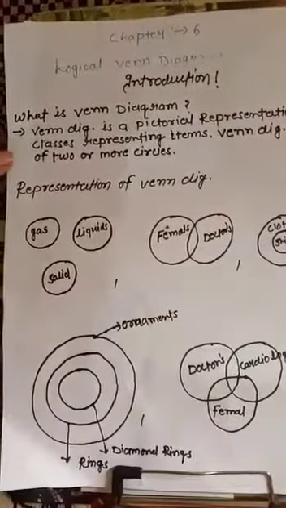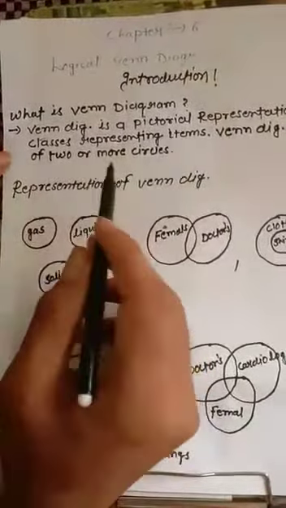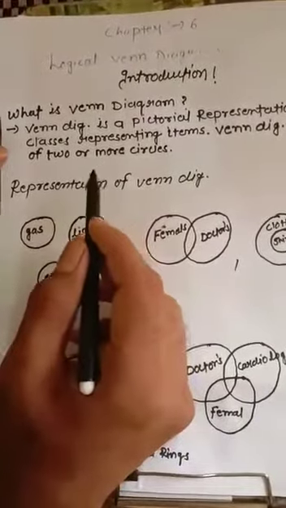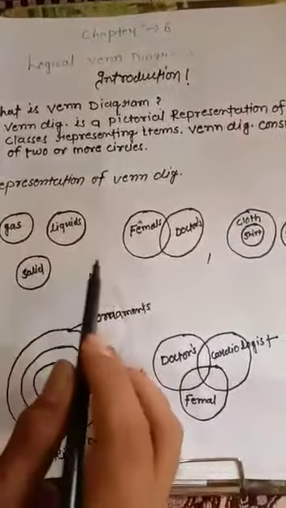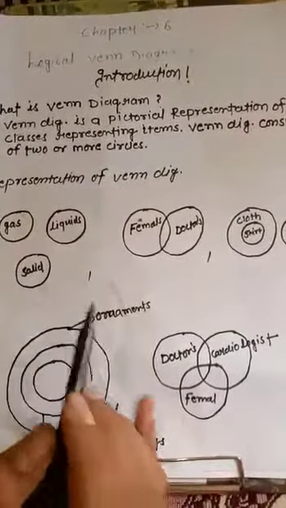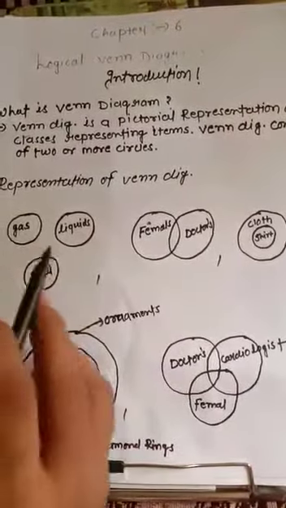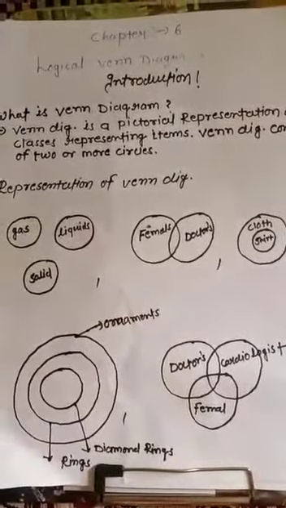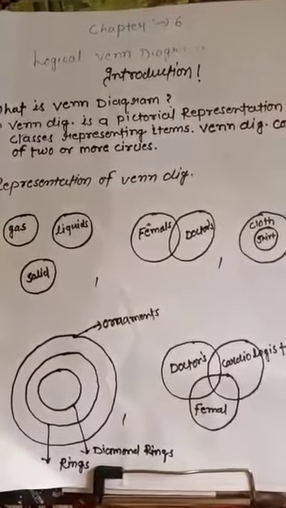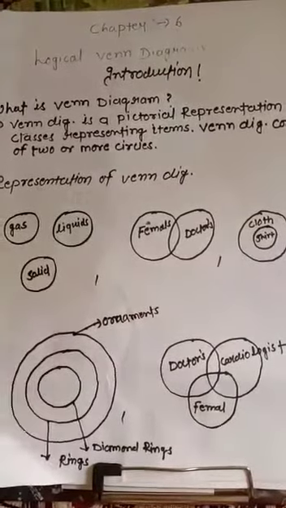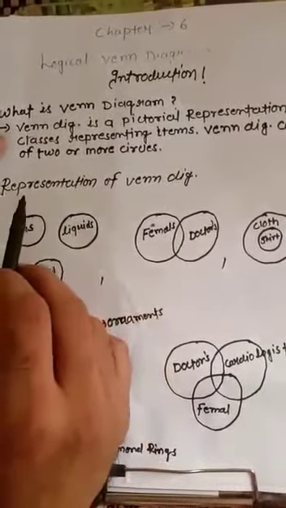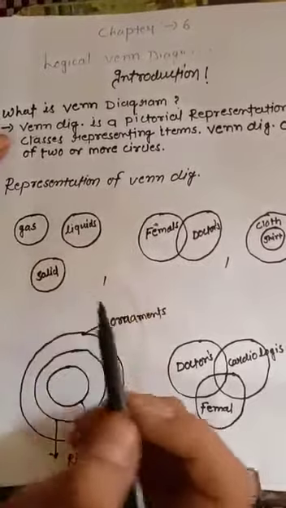The representation of a Venn diagram is done with the help of these circles. Here I mentioned a few kinds of Venn diagrams, which will help us to understand what kind of questions will be asked in this particular chapter and how we will deal with the given questions. First of all, come and try to understand the representation of a Venn diagram.